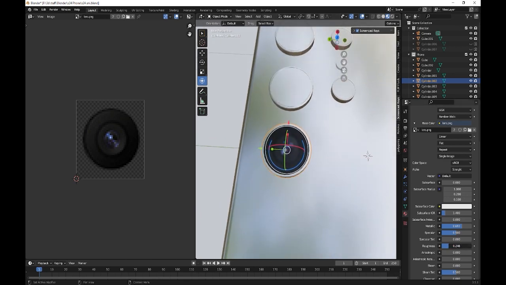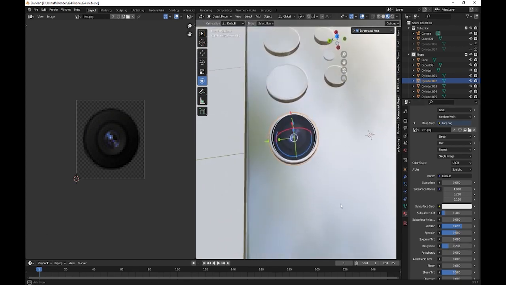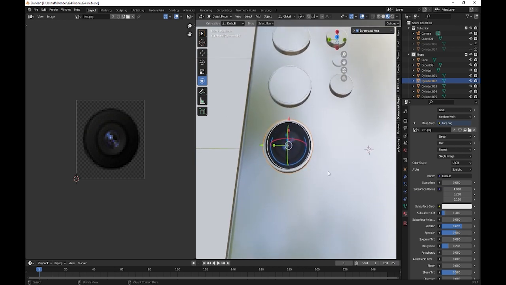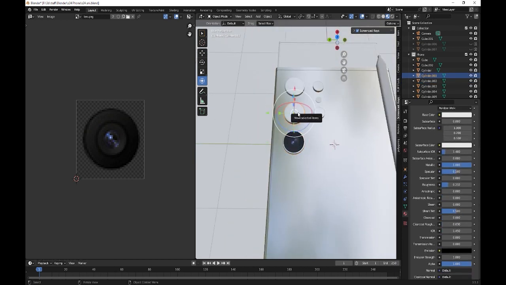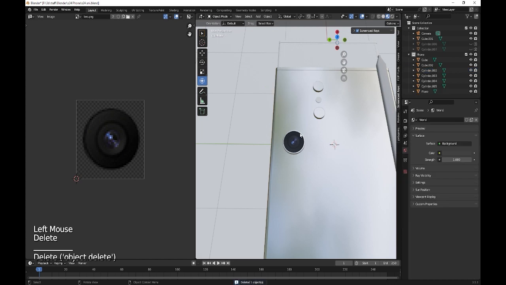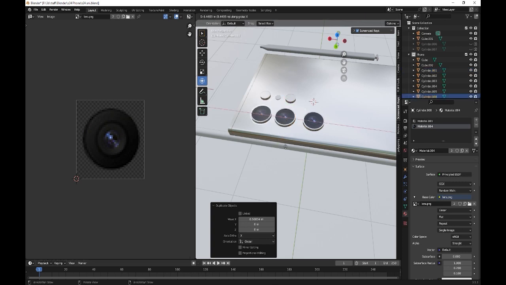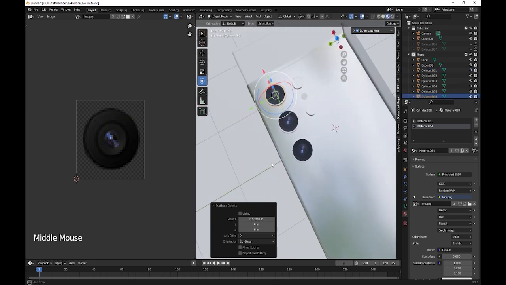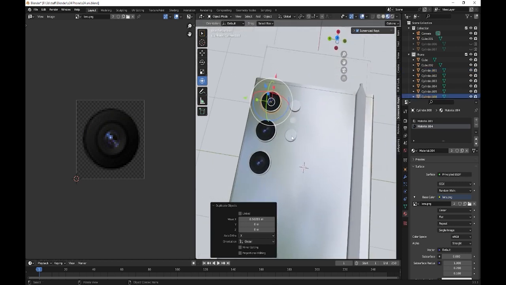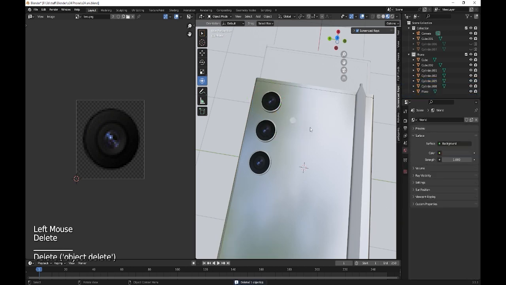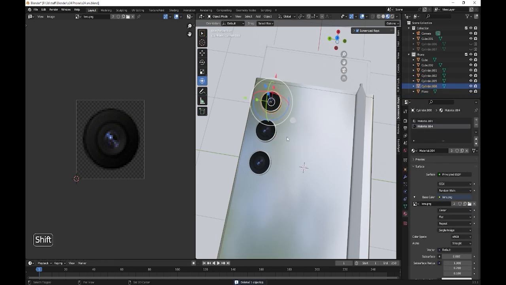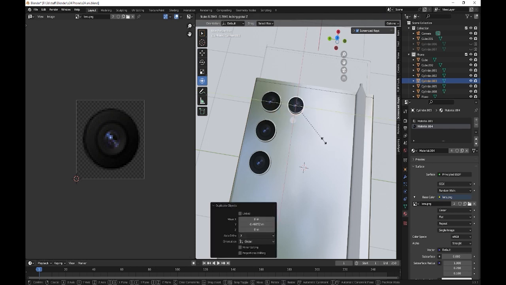Yeah, I'm sort of quite happy with that. Let's take that roughness down a bit. There we go. It looks like a lens now. I'll tell you what we'll do. We'll just get rid of those, and then we can just duplicate Shift D on the X, Shift D on the X, like so. And then we'll get rid of that one, get rid of that one, Shift D on the Y,